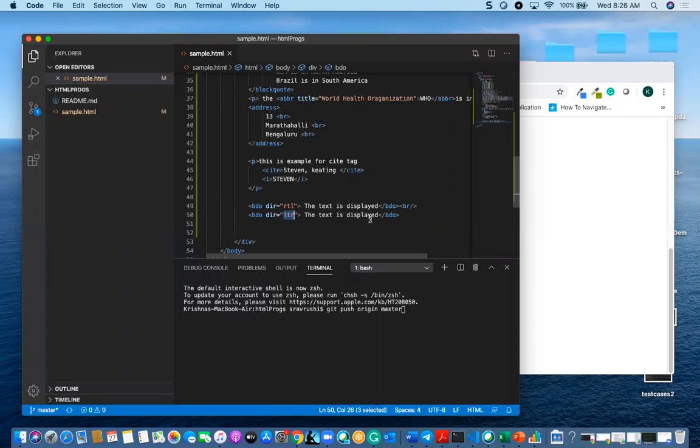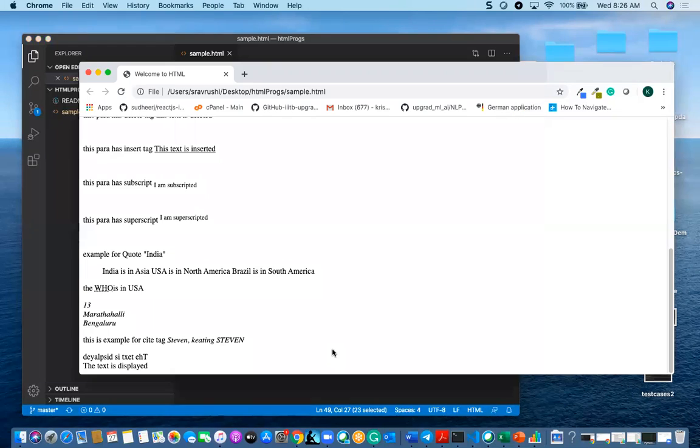It's like from left to right as it is, from right to left in reverse order. It will consider the total string as one unit, and it will take it to the end, and after that the text is displayed, and likewise we will be getting this one.